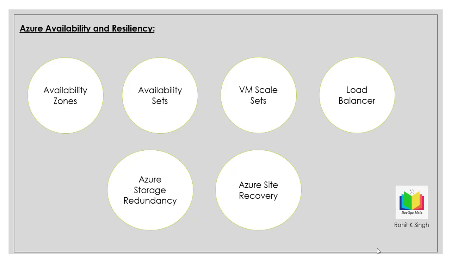Now, what exactly is an availability zone and the rest, we will understand each by each, because everything is related. You can use one service at a time, or you can have a combination. You can use availability zone, availability set, VM scale set, and with VM scale set you can use a load balancer. So the combination, how well you define the architecture, is something we'll understand when we go through each and every service. This is a very, very important topic, not just from a DevOps perspective, but from a cloud administrative perspective,